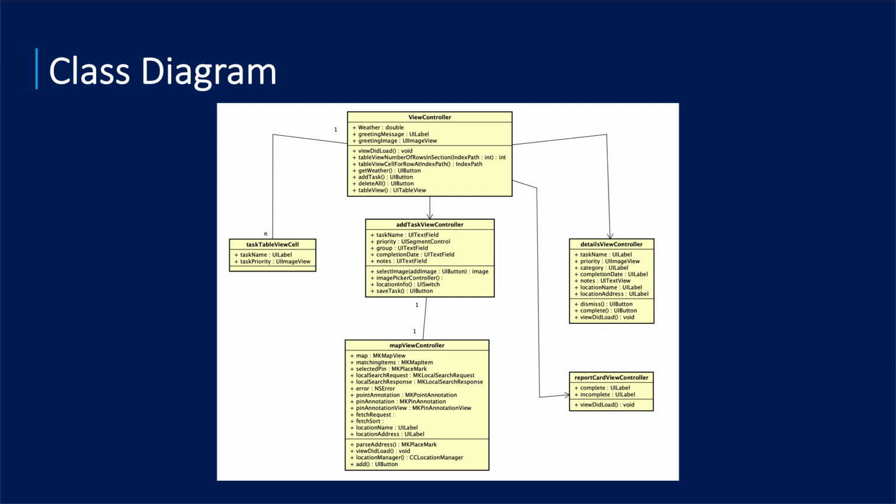This will prompt the map view controller, which I wanted to have segregated from the add task due to the different MapKit framework and dependencies that are needed to perform location search. But the way MapKit is going to be utilized in my application is that you can quickly and effortlessly look up a location without having to look up any sort of details immediately. So you could look up, say, your local Starbucks, or a coffee shop, a pizza shop, anything for